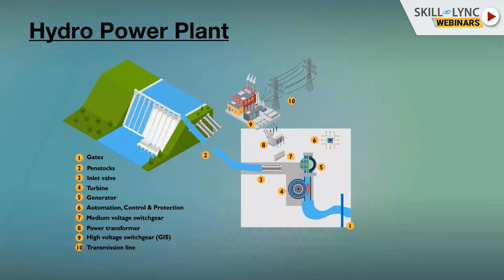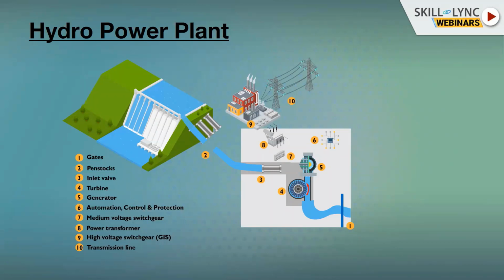The reason they have given that inlet valve is that if anything happens, due to some mistakes or some failures, the inlet valve will automatically close, and it will not allow the water to go to the generator, because the turbine cost and the generator cost are very, very high. It will not make any failure to that generator and the turbine. And the next one is the turbine, number 4, and number 5 is the generator.